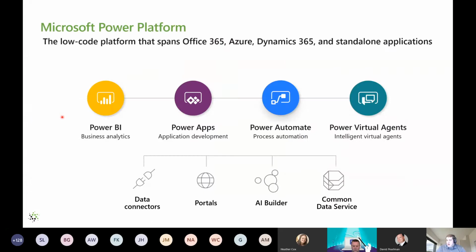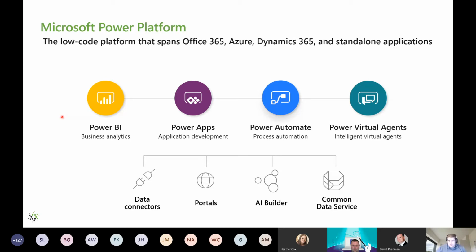We also have the Power Platform. Power Platform isn't specifically built for the education space. But what we found is that the Power Platform, because it is a low-code platform, can really be adopted in the education space, because you don't have to be a full-fledged developer or understand all of the pieces of the puzzle to put together effective, valuable solutions that can automate some pieces of your life, whether from an administration perspective, an educator perspective, or a student's perspective.